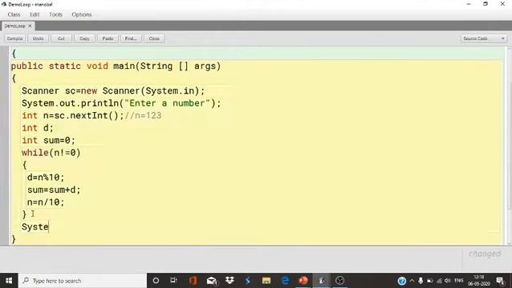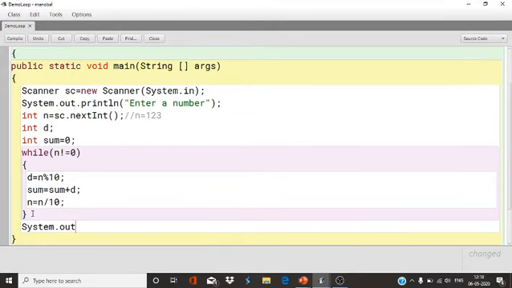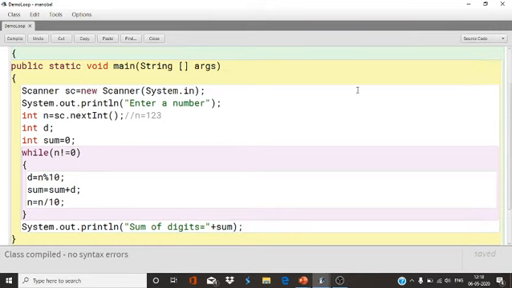Now print it using System.out.print, sum of digits equal to plus sum. Compile. No syntax error.